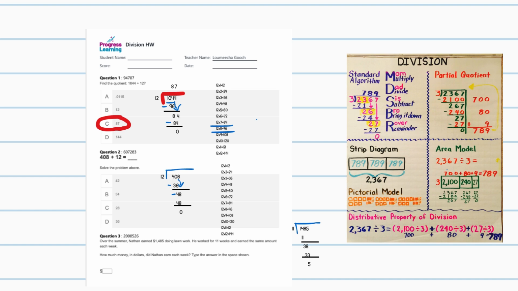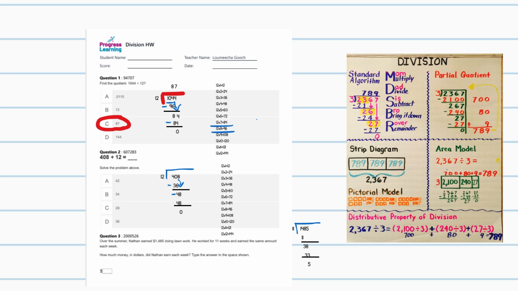We know we can't subtract 4 minus 6 because 4 is too small. So we have to borrow. So it's going to end up being a 9 because the 1 goes over to the 0 to make it 10, and then the 10 will become a 9 so that the 4 can become a 14. 14 minus 6 is 8, and then we bring down 4 to get 84, and we can see